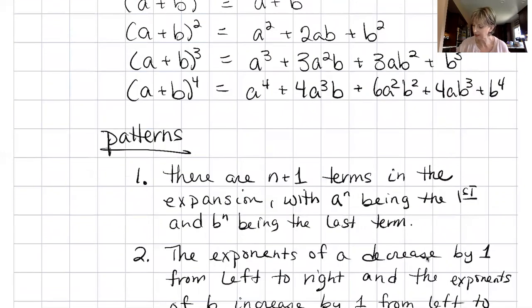So again, let's just take that bottom one as an example. The exponent for a is 4, 3, 2, 1, and then 0 would be the last one. It's decreasing as we go. B, on the other hand, would be 0 in the first term, and then 1, 2, 3, and 4, increasing